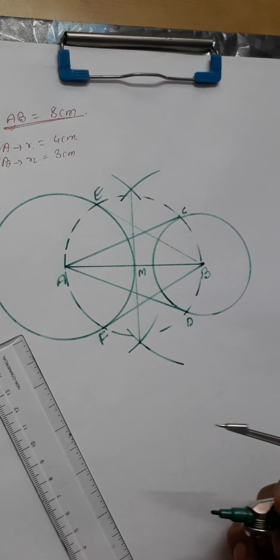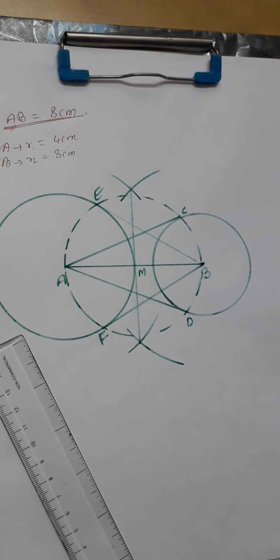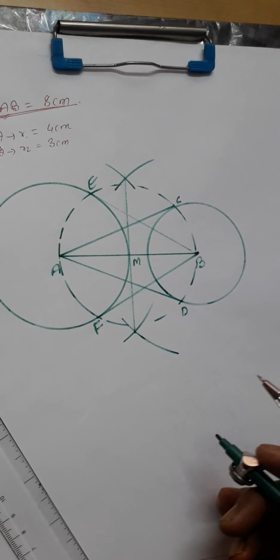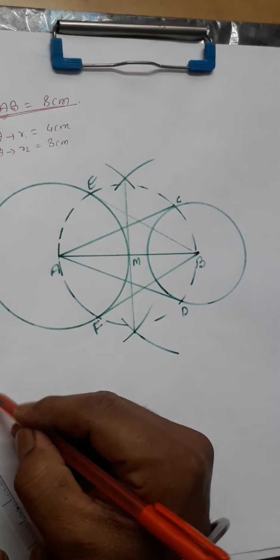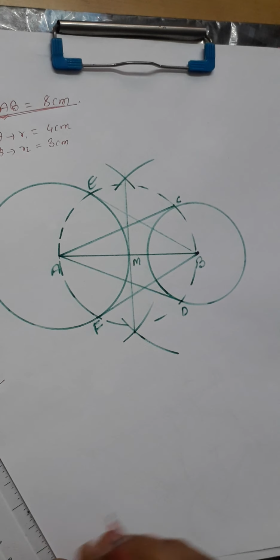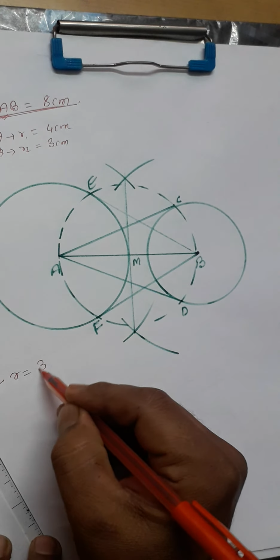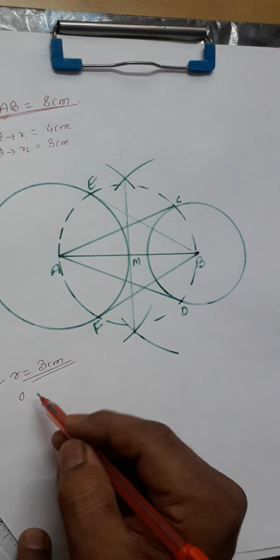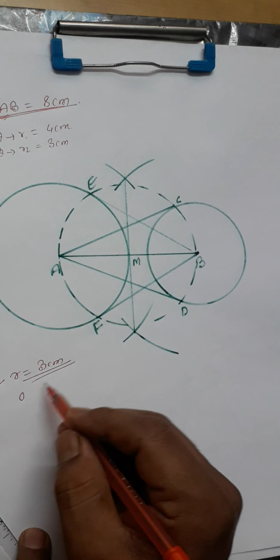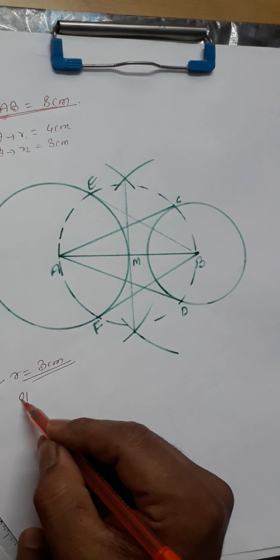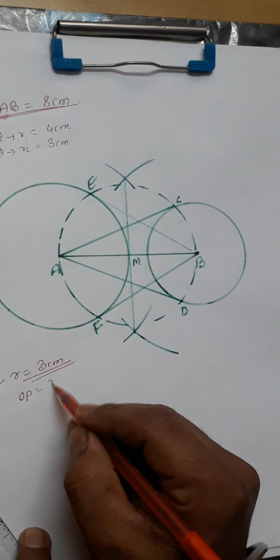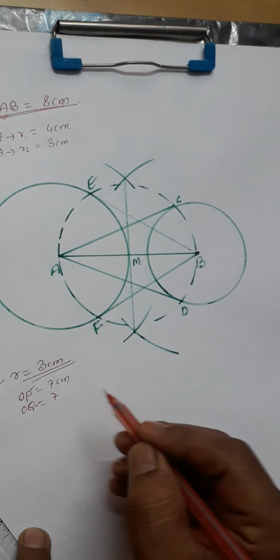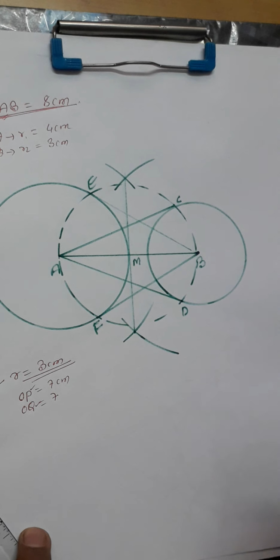Now it is given that we have to draw a line segment of 7 centimeter, not 7 centimeter. The question is like this: we have to draw a circle of radius 3 centimeter. From the center of the circle, we have to take 2 points, meaning we have to extend the diameter such that OP, where O is the center, OP is equal to 7 centimeter, and OQ is also 7 centimeter. From these points P and Q, we have to draw 2 tangents to the circle. A rough figure is like this.